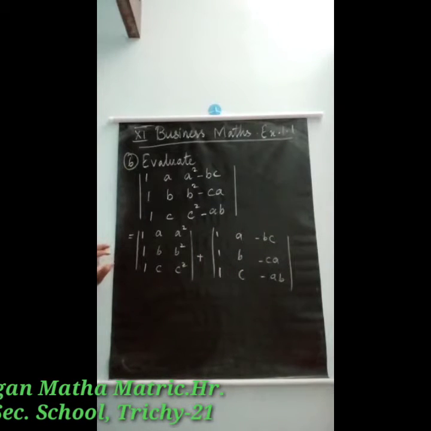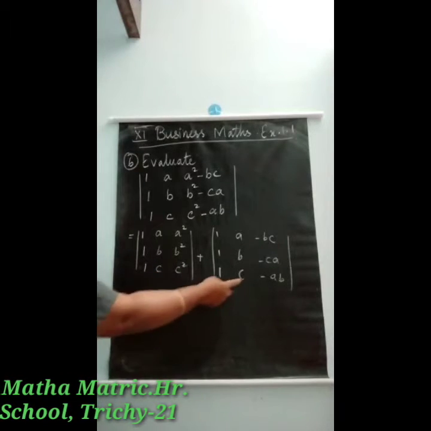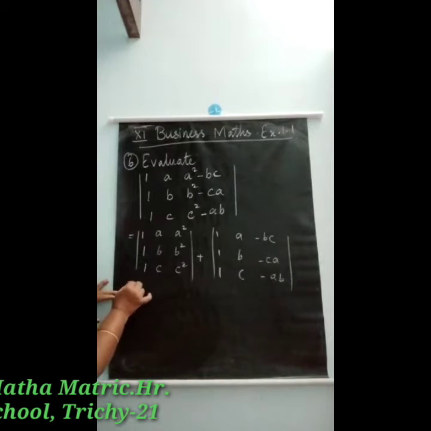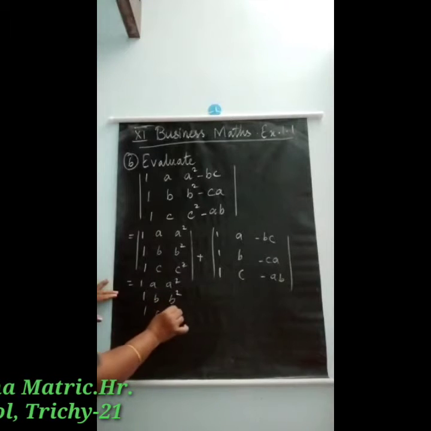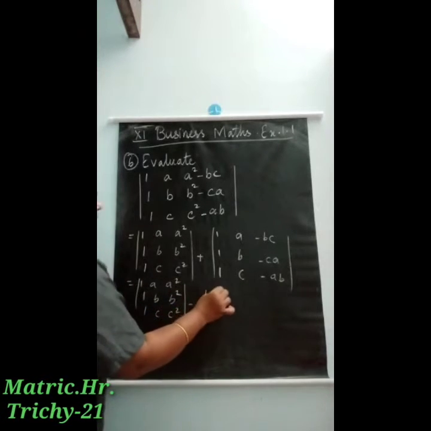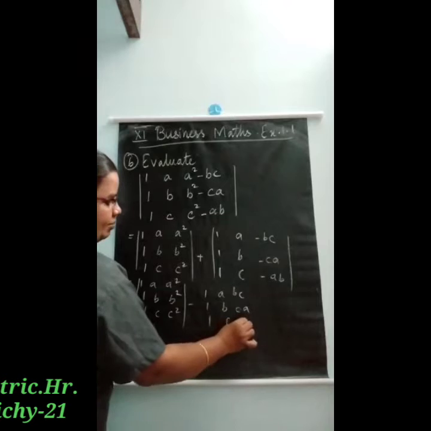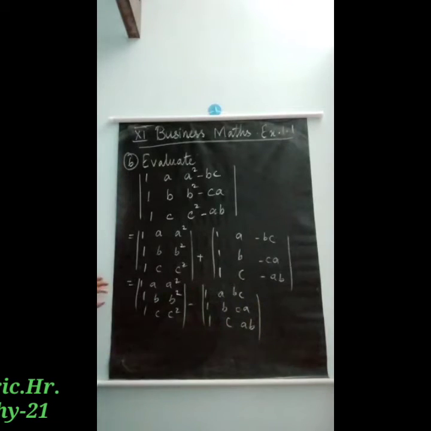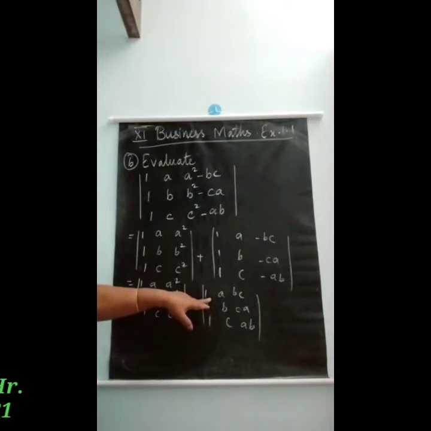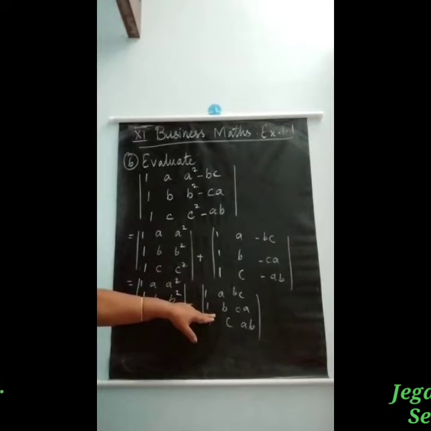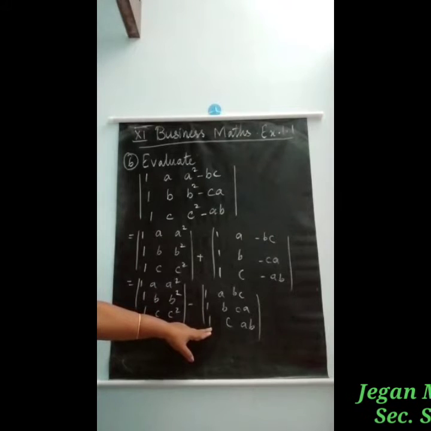Now by property 6, we have to take the minus out of this one. This is for property 6, and then we have to take out the minus. So that is equal to the first determinant with columns 1, a², a²... minus the determinant 1, a, bc; 1, b, ca; 1, c, ab. And then next step, we have to multiply R1 by a, R2 by b and R3 by c and divide by abc.